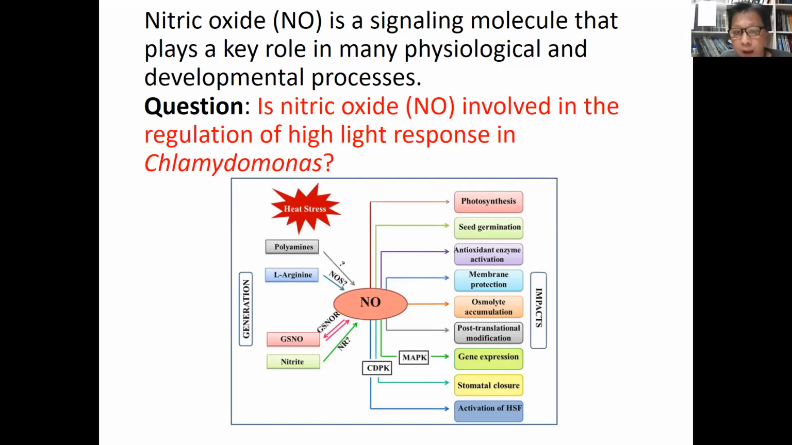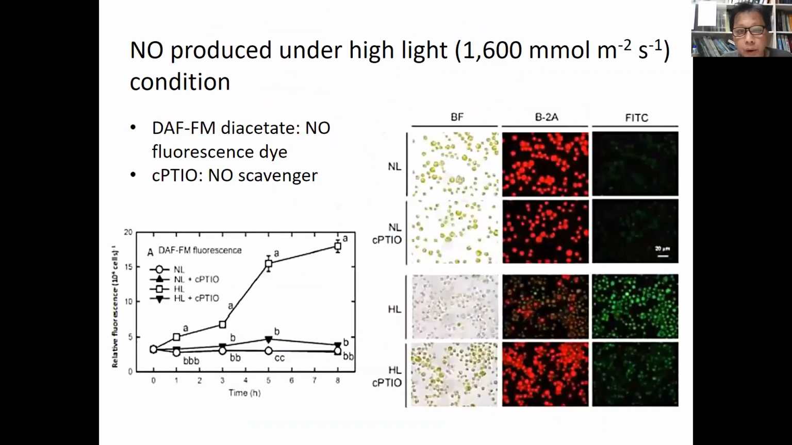Our study is focused on the ROS, not on the NO. So this is the first time to approach and ask the role of NO in the response of Chlamydomonas to high light stress. I use high light at an intensity of 1,600 micromole condition to treat